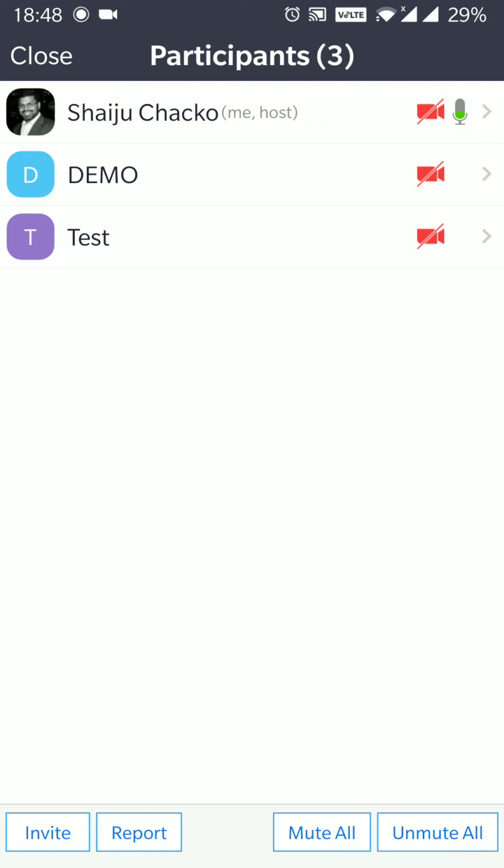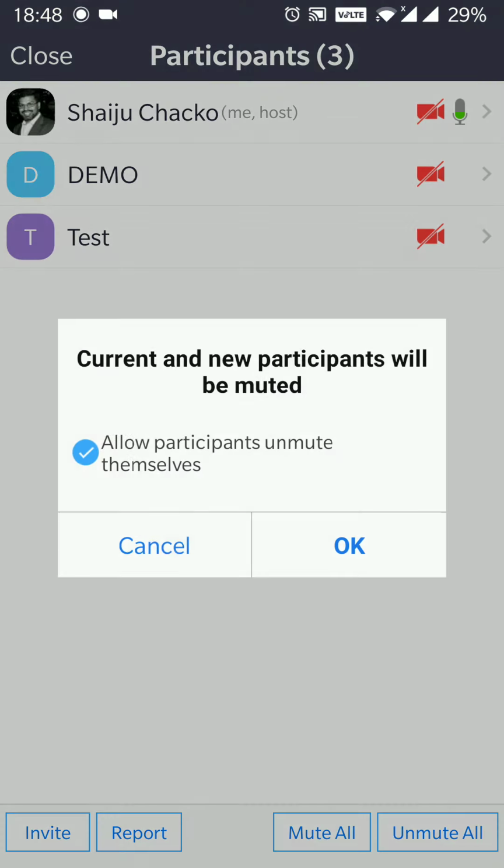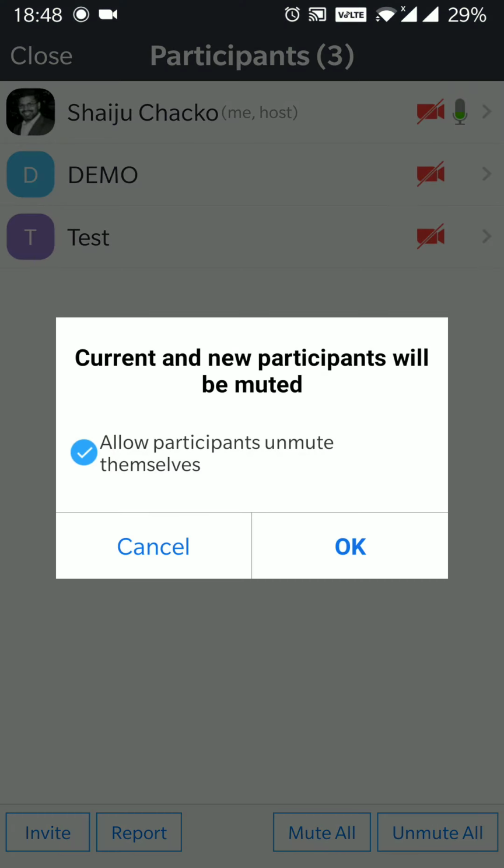It is good that as a class, when you take a meeting or when you take a class, in order to make the class less noisy or completely free from all noise, you can mute all. Now, in this, there is one little trick. The app says allow participants to unmute themselves. Make sure that this is unticked. So now, even if the participant wants to unmute themselves, they cannot, but you have to manually unmute them, which is actually better.